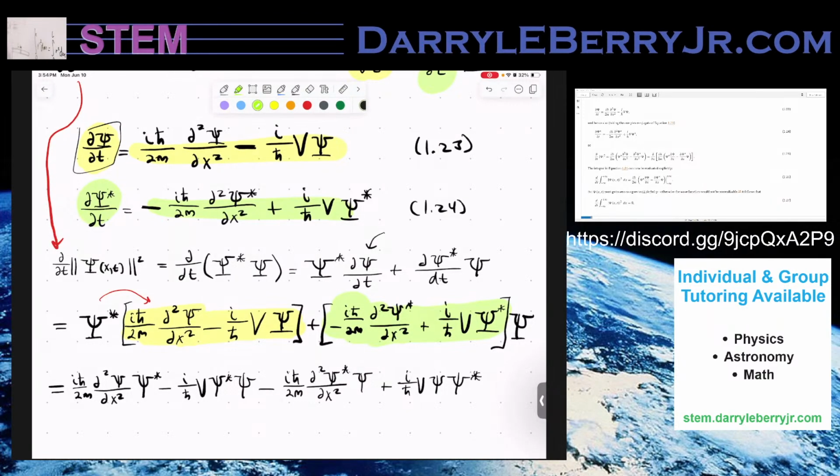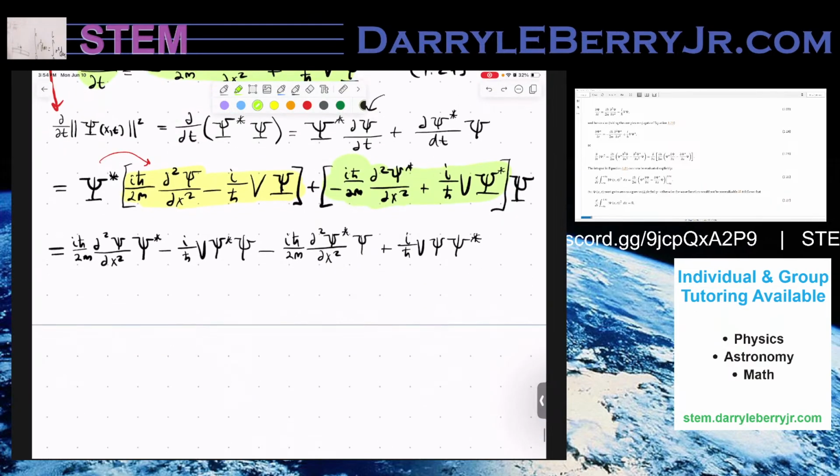So I have a psi and the psi complex conjugate, psi and a psi complex conjugate. Just one is plus and one is minus, because there was a negative right here, and everything looks good. So if I was to continue distributing these, we have,